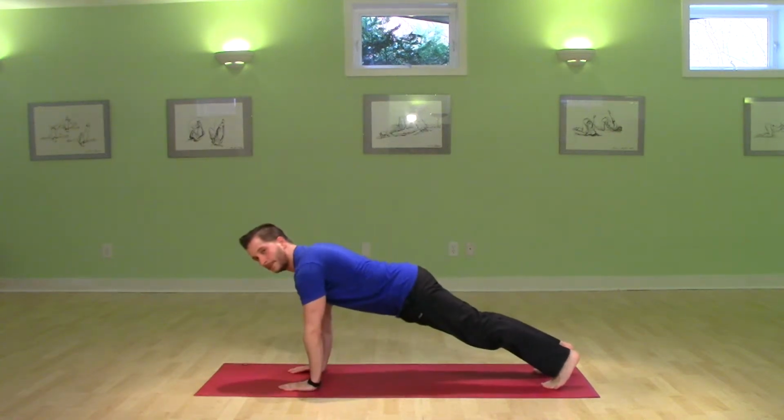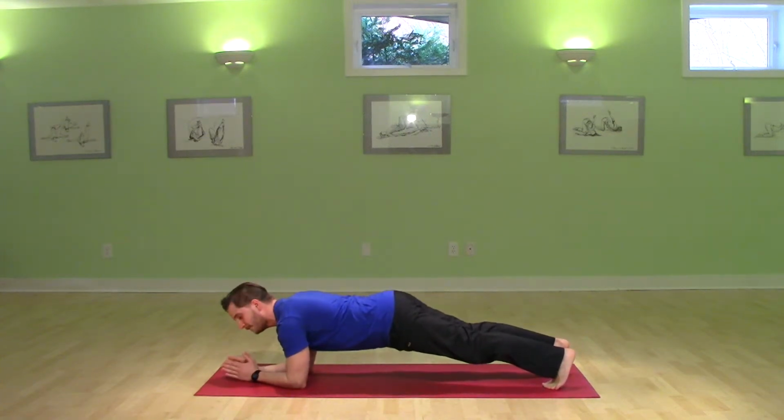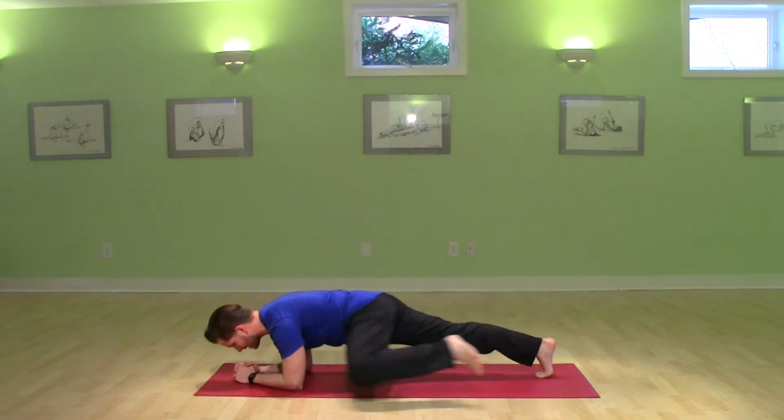The first planks we did were up high on our hands. We're going to take it down to the elbows. If you find that this is challenging enough, try to hold it for about 10 to 15 seconds. If you're good here, let's go into a Spiderman Plank. So you drive the knee sideways,